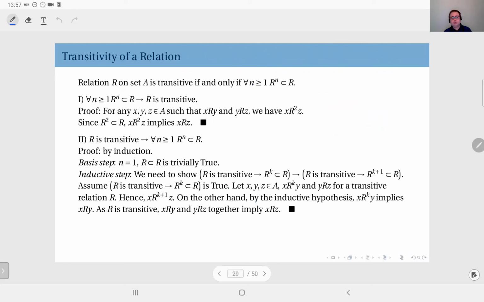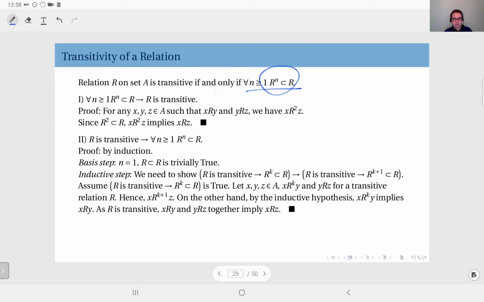Now, we are going to use this when we talk about transitivity of a relation. Relation R on set A is transitive if and only if for all powers n, R to the power n is a subset of the relation R. Okay, now we have defined the composite relation R to the power n recursively, and this is going to enable us to detect the transitivity of a relation. And we are going to prove this,